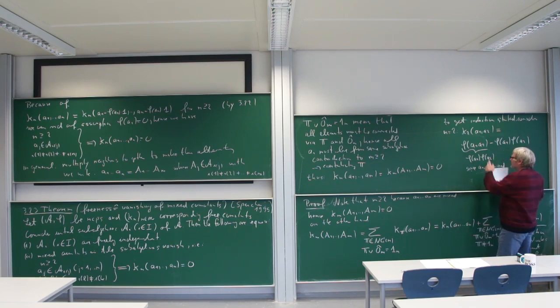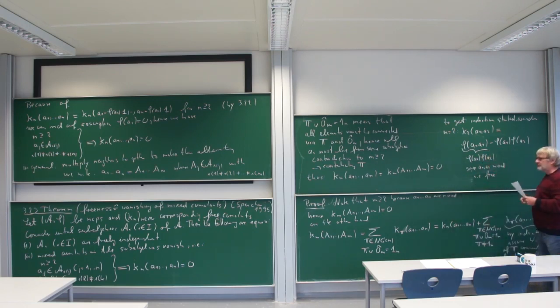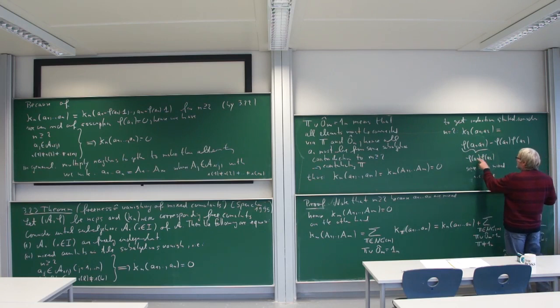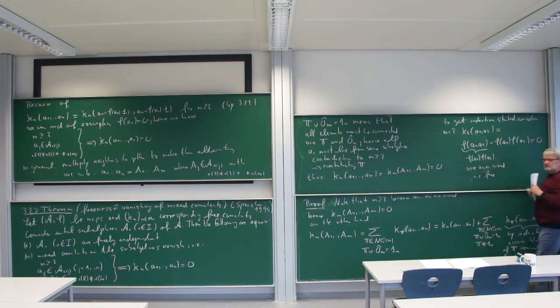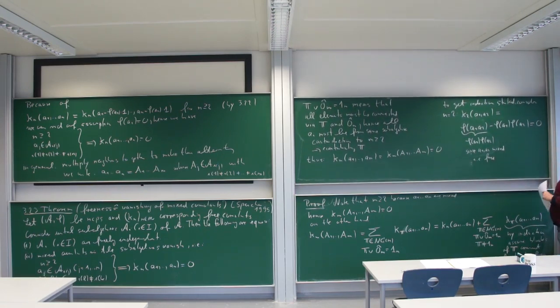Since A1 and A2 are mixed, that's our assumption, those two elements really must come from different subalgebras. The subalgebras are free by our assumption. So I have this factorization, and then you see this cancels away, and so we get 0. Okay, so this means that